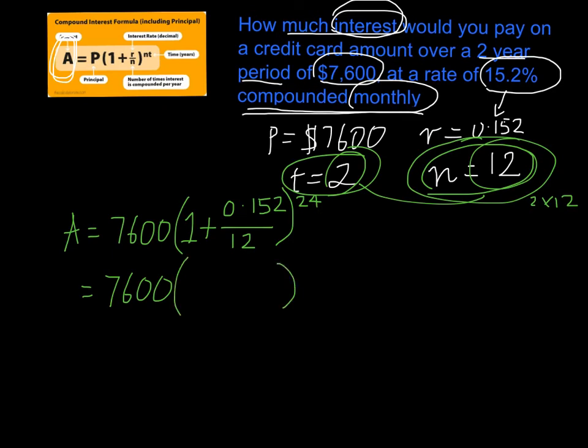and we know that we need to work with the brackets first. The division will be done first, so on my calculator, be really careful to do this step by step. So I'm clearly going to do this part first, because we need to do the brackets, but first inside the brackets, division comes before addition and subtraction in BODMAS or BIDMAS. So 0.152 divided by 12 gives me 0.0126 recurring. I'm then going to add 1 to that, and in my brackets I'm going to have